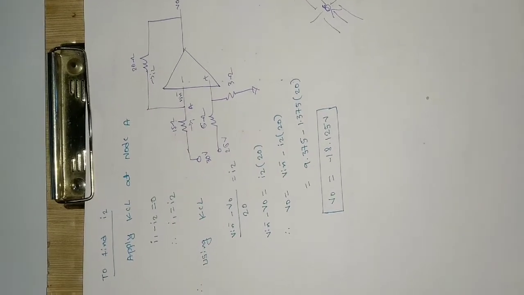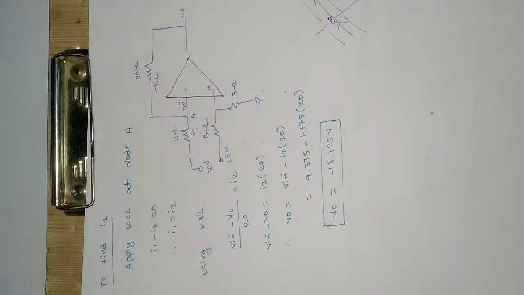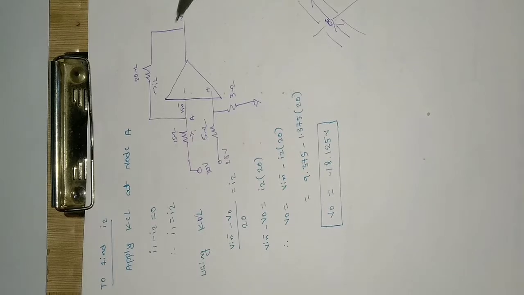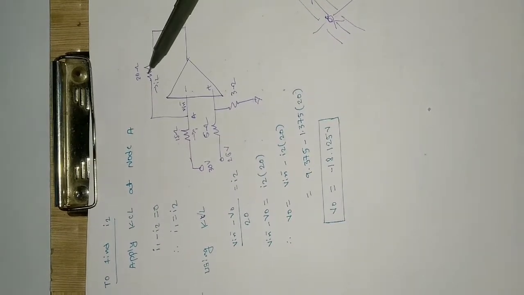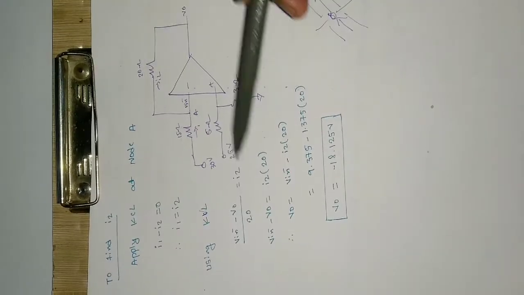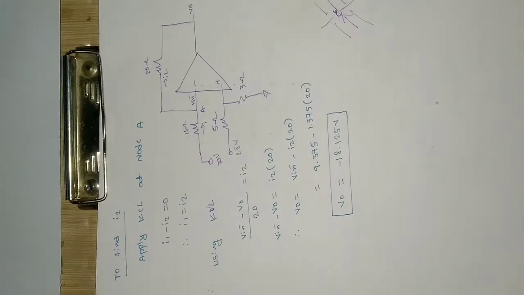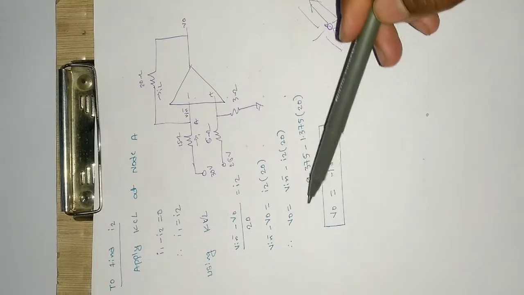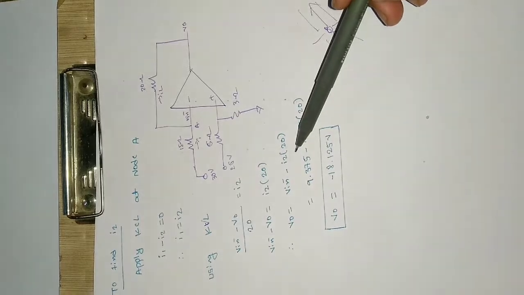Now using KVL, sorry, this should be KVL, not KCL. So Kirchhoff's voltage law. I will try to find out V0. So I will again apply the voltage law here. So (Vin minus V0) divided by the resistance, that is (Vin minus V0) divided by 20, is equal to the current. So I equals V by R formula. So this relation I know now. Then I can write Vin minus V0 equal to I2 into 20, and when you further solve for V0, we will get Vin minus I2 into 20.